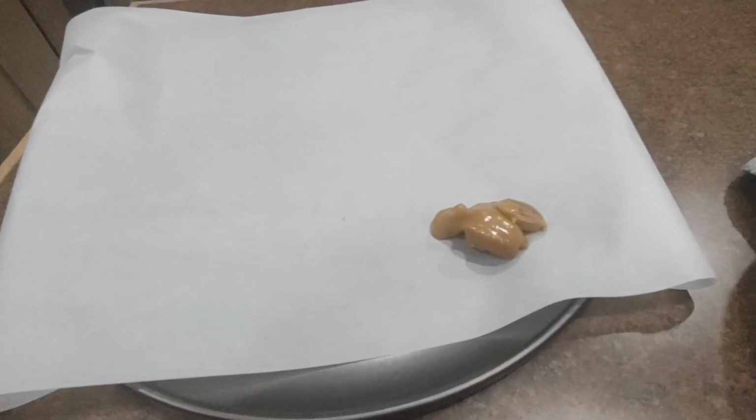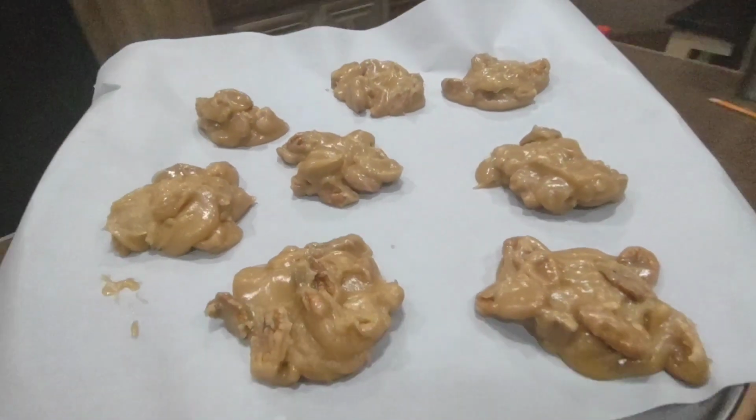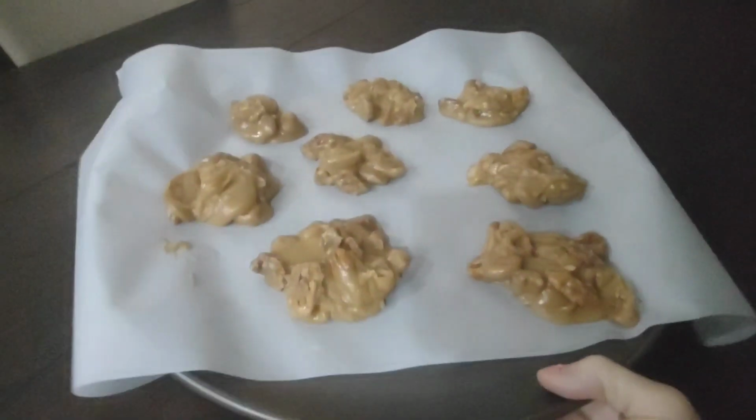Then it says to spoon the mixture onto the parchment paper. So then it says to let it sit for 30 minutes. They also said you can put it in the ice box if you are impatient, but I have other things to cook